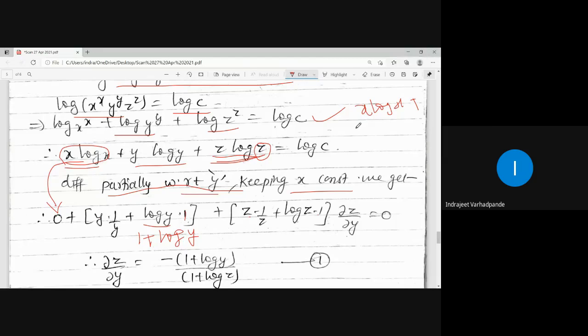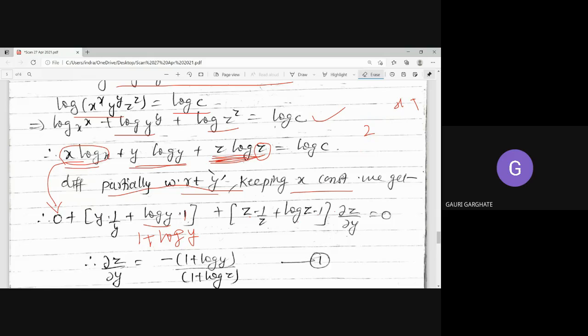ये बात समझ में आई क्या? See, derivative of y square, how you write? 2y into dy by dx. But in comparison to this, derivative of x square is written as simply 2x. So here for differentiating y log y, you have written simply 1 plus log y as the answer. But while differentiating z, you have to additionally multiply the factor del z by del y. जैसे y square का derivative 2y into dy by dx लिखते हैं, in the same way. I hope you got the difference what I am trying to tell you.